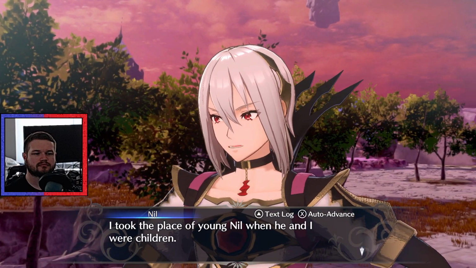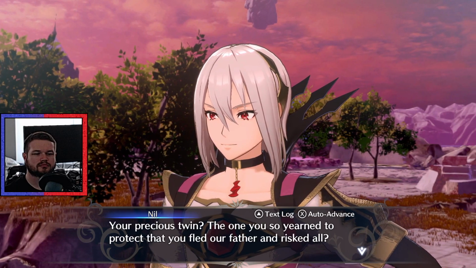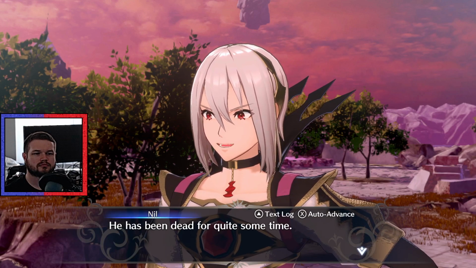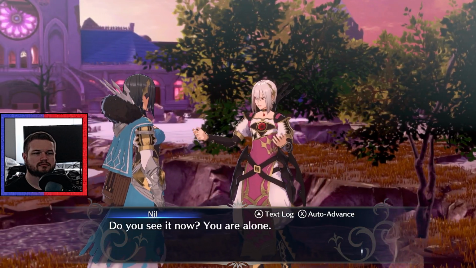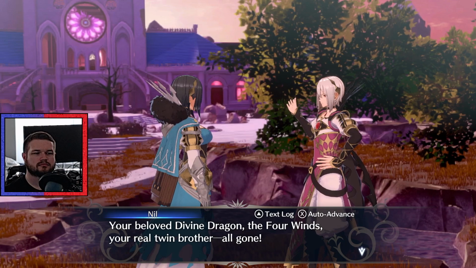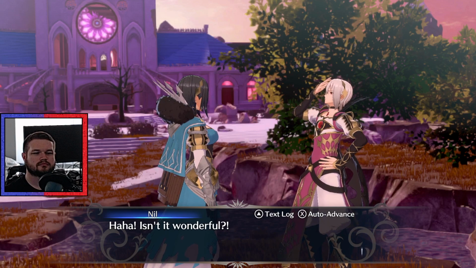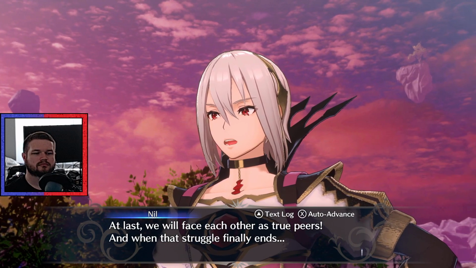I took the place of young Nil when he and I were children. What are you called? Your precious twin? The one you so yearned to protect that you fled our father and risked all? He has been dead for quite some time. Do you see it now? You are alone. Your beloved divine dragon, the four winds, your real twin brother, gone. Isn't it wonderful? At last, we will face each other as true peers. And when that struggle finally ends...